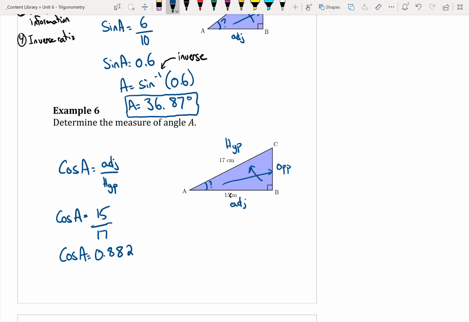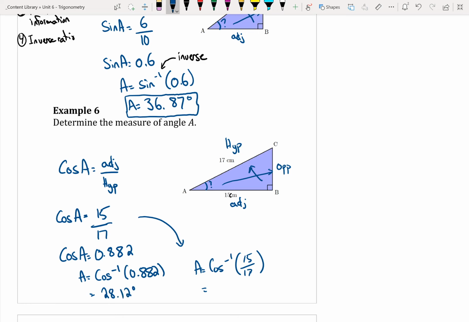Again, you could do this, or the inverse, what we do next, without doing the division first. So I mean the inverse, so cosine^-1 of 0.882. I could do the same thing straight from here. I could go right from here and do A is equal to cosine^-1 of 15 over 17 and still get the same answer. It may vary slightly because I've rounded this fraction, but you should get the same answer. So if I do cosine^-1 of 0.882, remember you have to do the shift or second function and then cosine. You should get